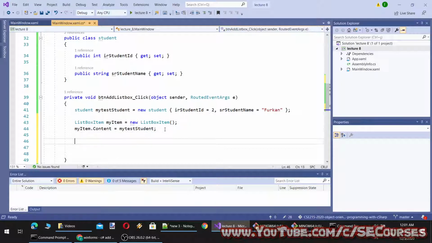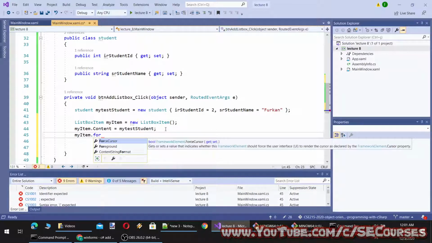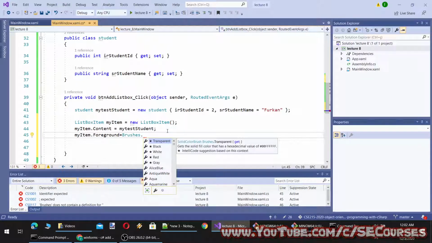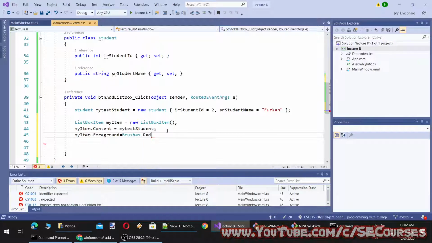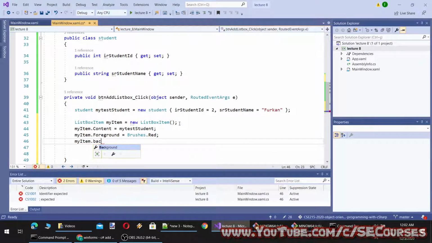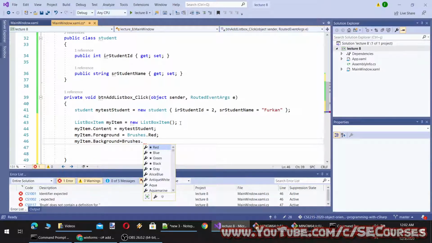Okay, it's working, and my item dot Foreground, so this is the color of the text, will be Brushes dot, let's say Red, and let's set the Background to Green.